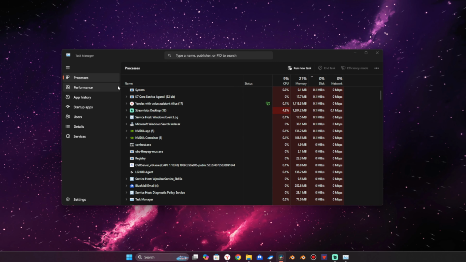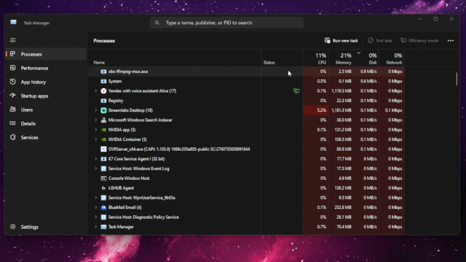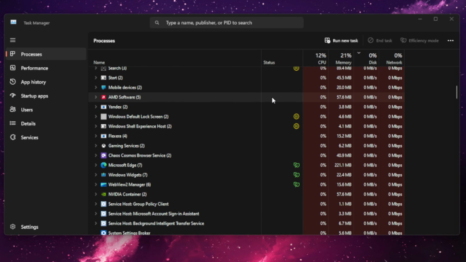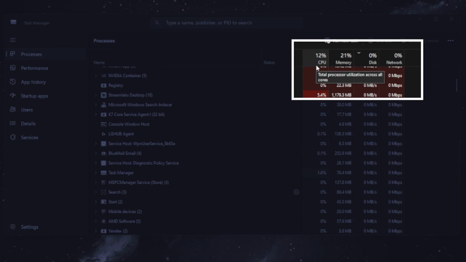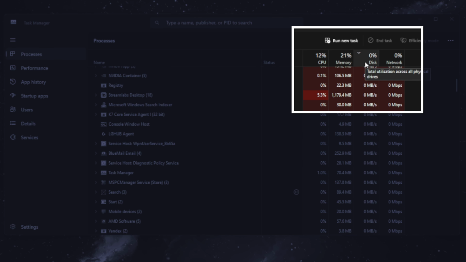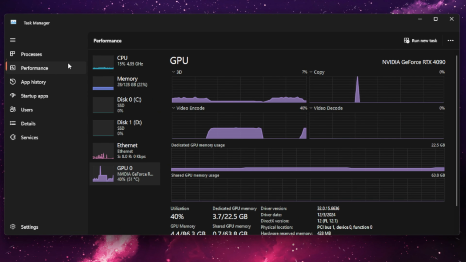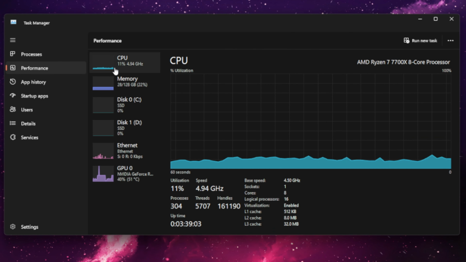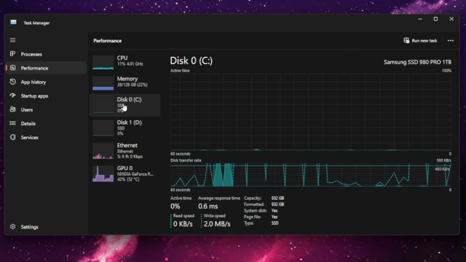Now let's take a quick look at the Task Manager interface in Windows 11. When you open Task Manager, the default tab you'll see is the Processes tab. Here, you can find all running apps and background processes. It also shows you how much CPU, memory, disk, and network resources each program is using. Next is the Performance tab. This is where you can monitor your computer's hardware usage in real time, including CPU, memory, or RAM, disk, network,